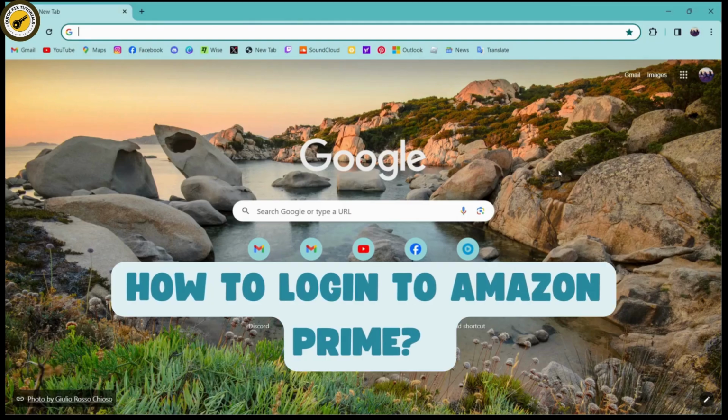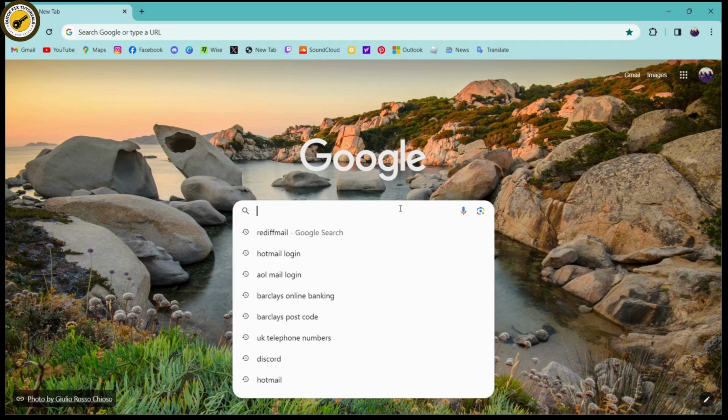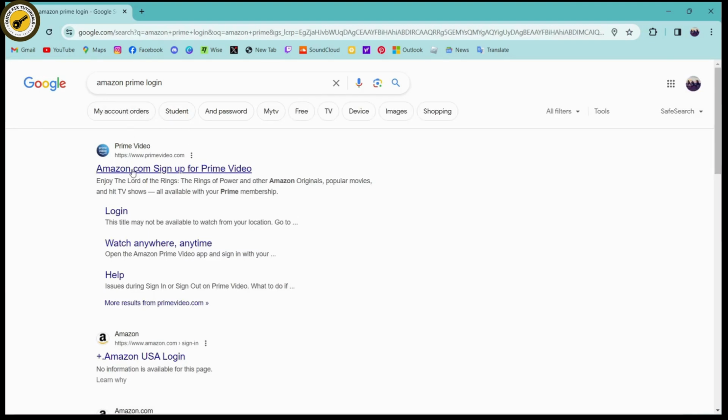How to log in to Amazon Prime. So if you want to log into Amazon Prime, then first open up a browser, any browser that you are comfortable with. And I'm here with Chrome browser. Simply go for the search bar and search for Amazon Prime. Once you've searched for Amazon Prime, here you will have